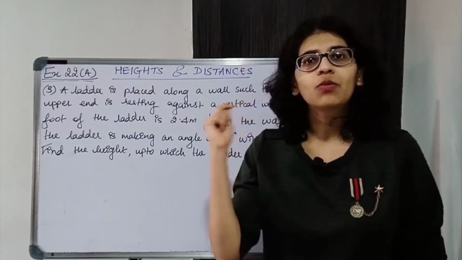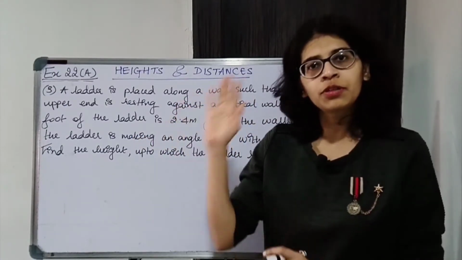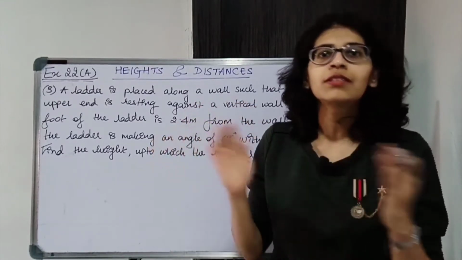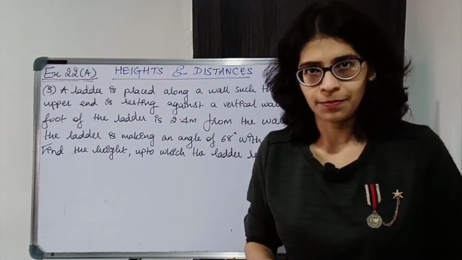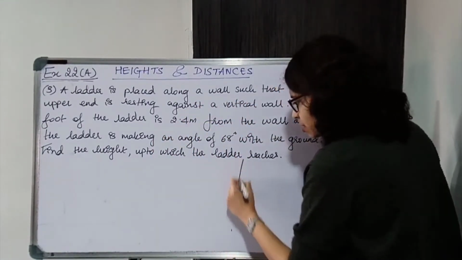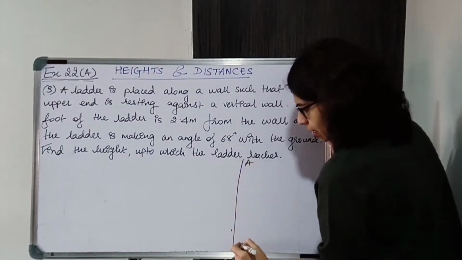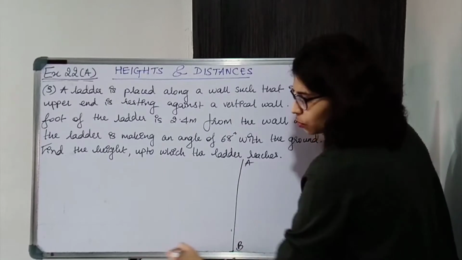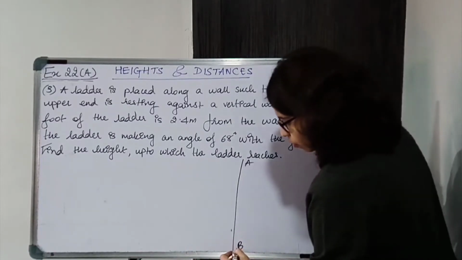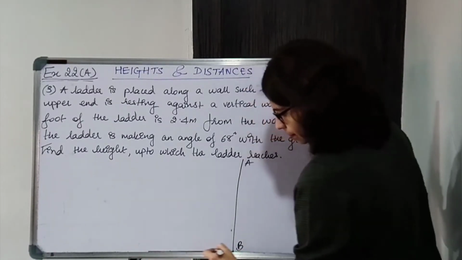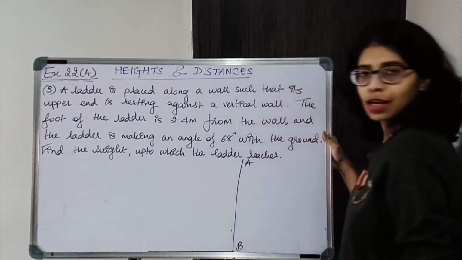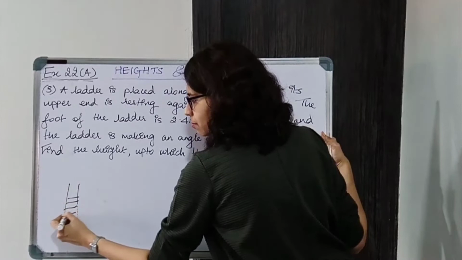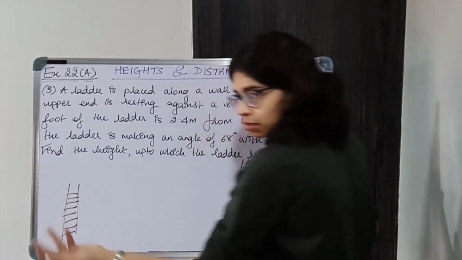Okay, so there is a wall which is obviously going to remain as it is. The ladder we are adjusting at a certain angle. Now there is a wall, let's say AB. Okay, this is the ground, let this be the ground. So this is the wall, this is the whole ground. Now we are taking a ladder, that is CD, okay, to climb.